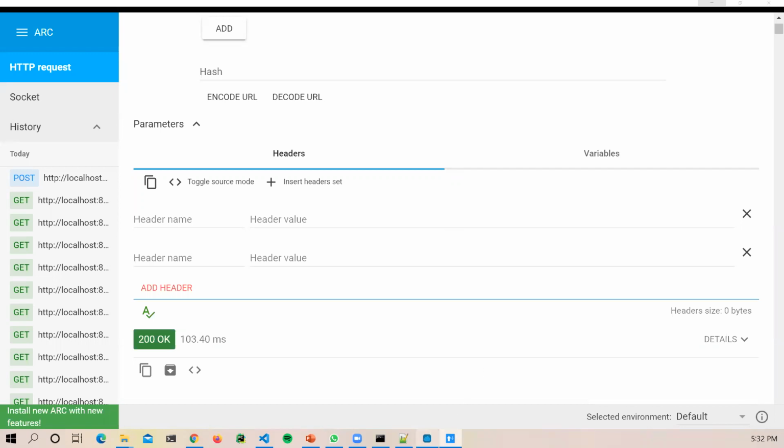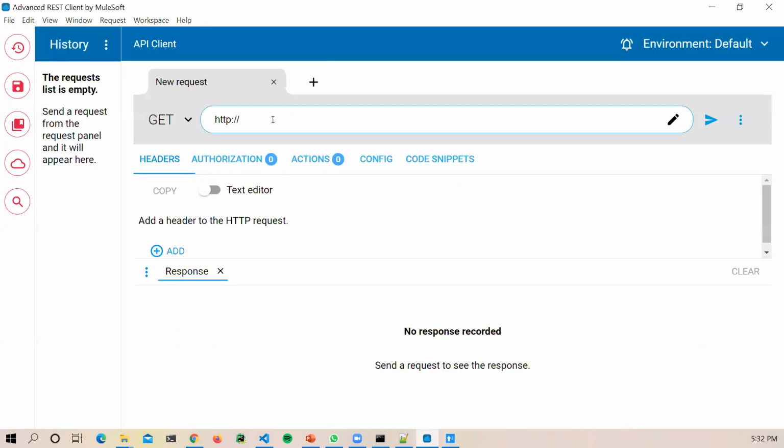For those of us who are using the other one, let me just paste it here. I also ensure that you have get here. So let me paste, you can remove the HTTP, paste yours, because it also has the HTTP. So initially it was like this. So remove this HTTP so that you do not have duplicate HTTP. Clear that so that it's empty. And then you paste. So after you have pasted,